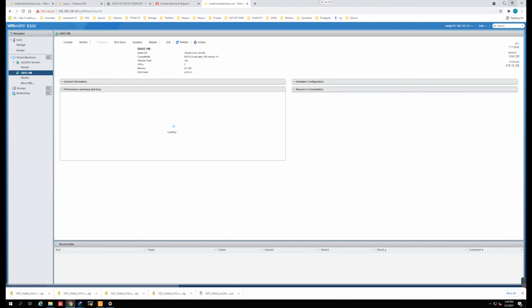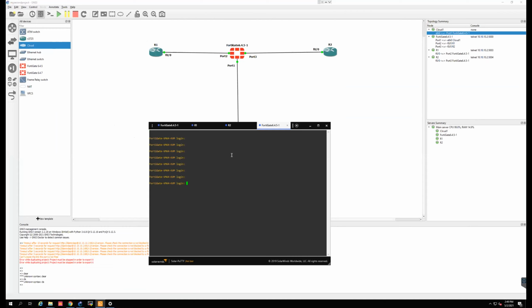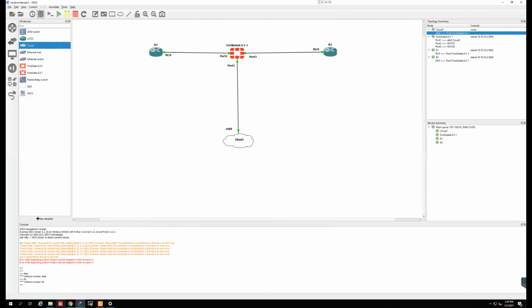Can you minimize this, and this, and open this option? So you are facing this problem. The image is working, I can connect all these things. The only thing is connecting from the laptop. I tried a few options. From your right-hand side, you can see this GNS3 VM is running at 10.10.10.2. So I created an interface in the Fortinet in that same 10.10.10 network and tried to go through that one. That didn't work for me.